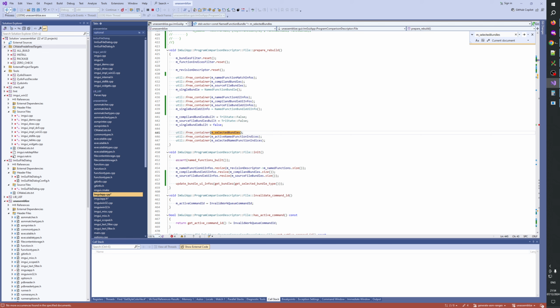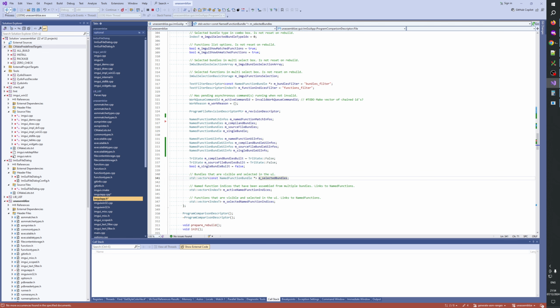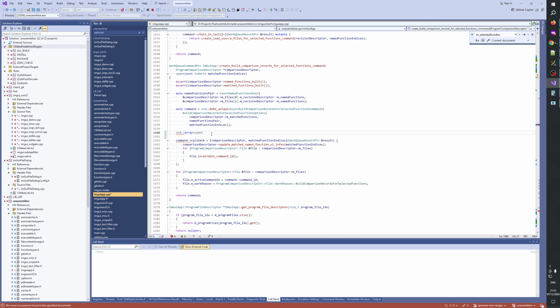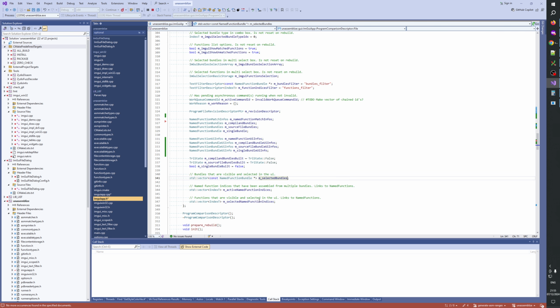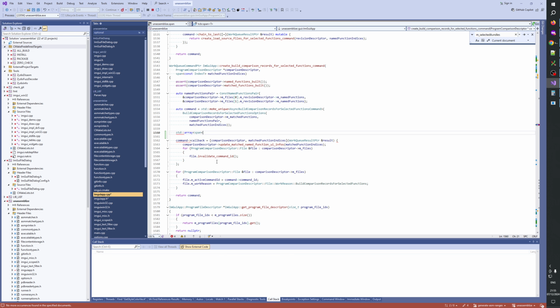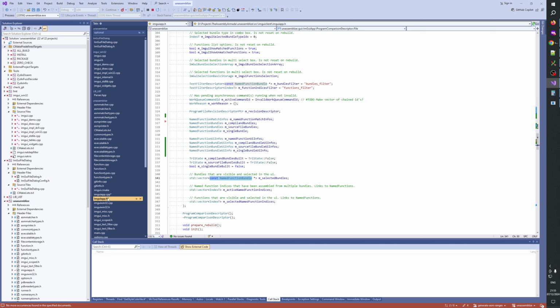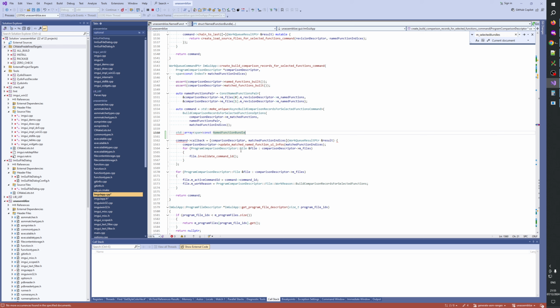Okay, so I think what we do here is we create a span, const named function bundle. Wait, name function bundle span 2. Right? And then that would simply be